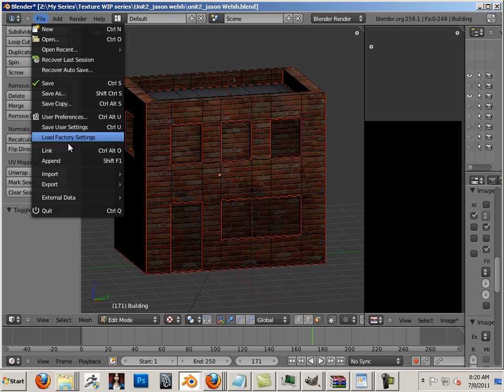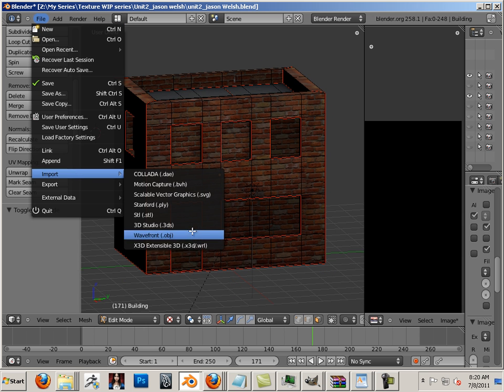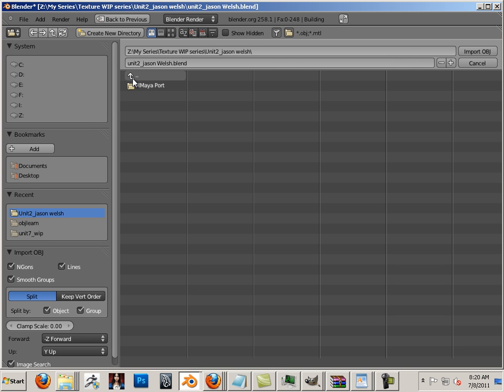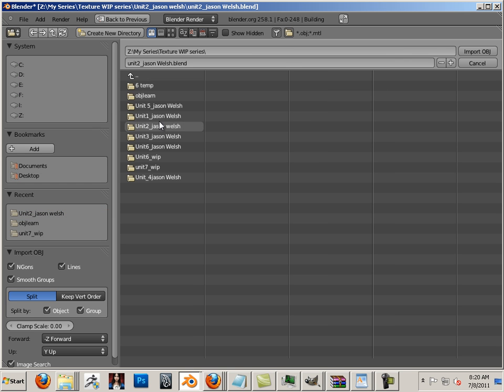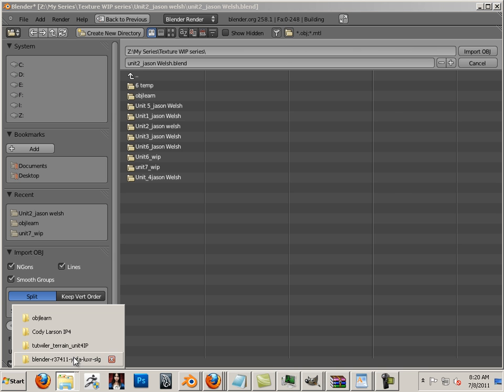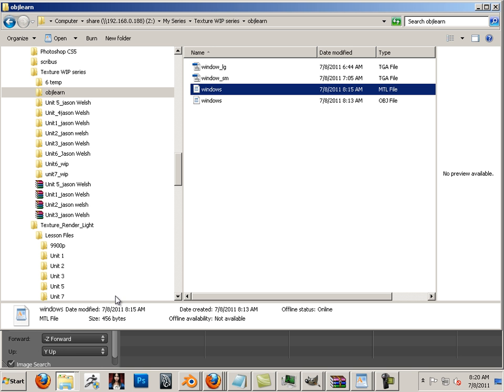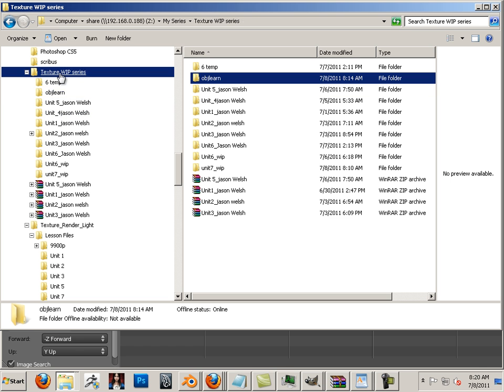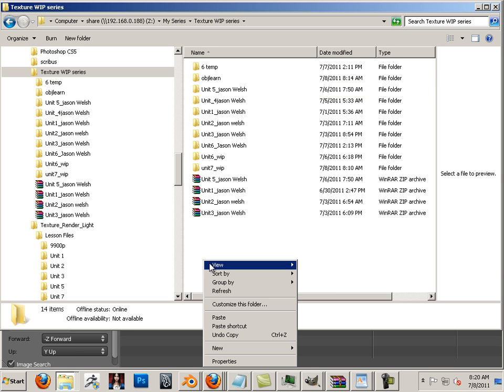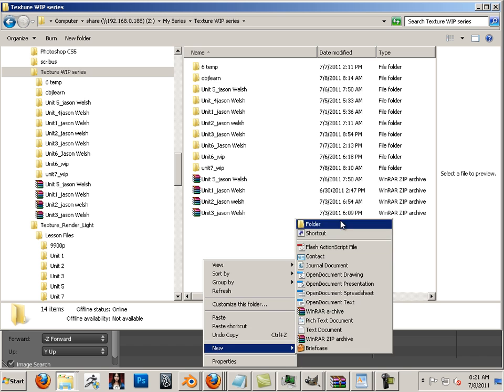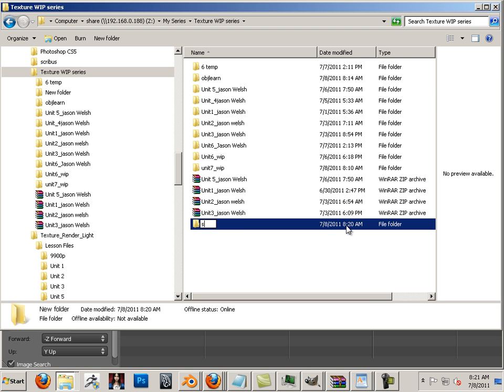So if I go File, Import, OBJ, and another thing I like to do is keep this all in one folder. So let's start a project folder. Now that we've got this far, we've got to the point where we're now starting our scene. So new folder, I'm just typing in scene,